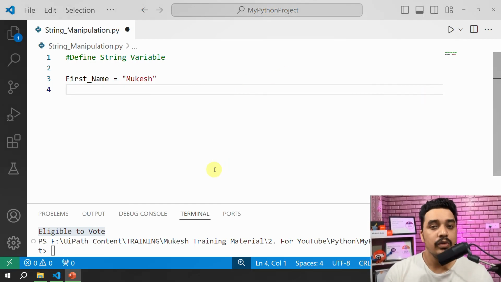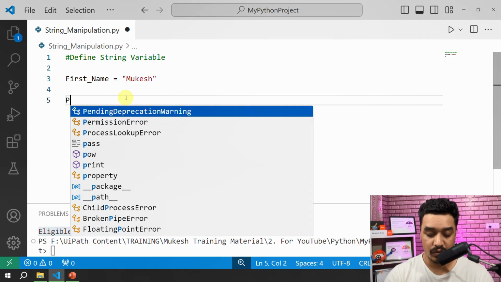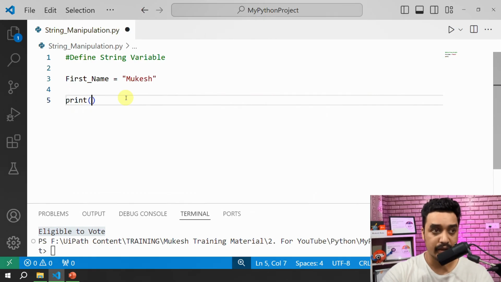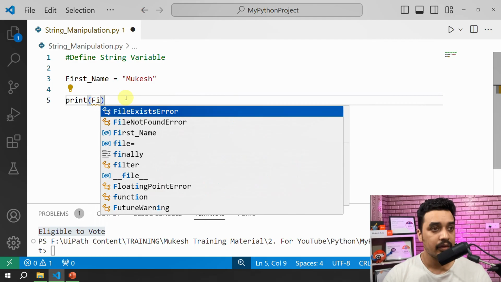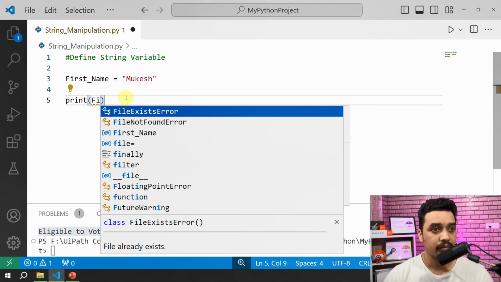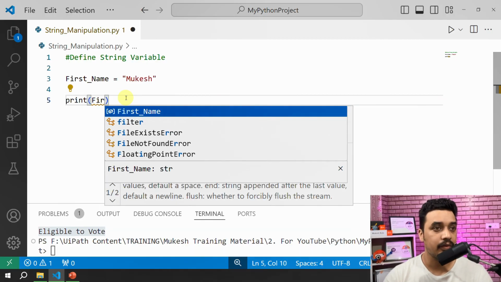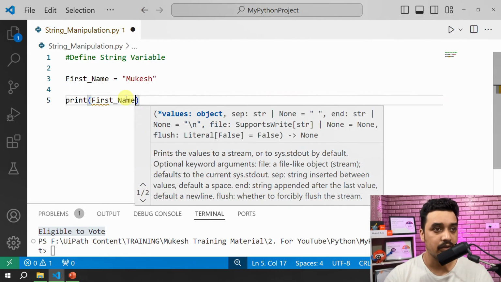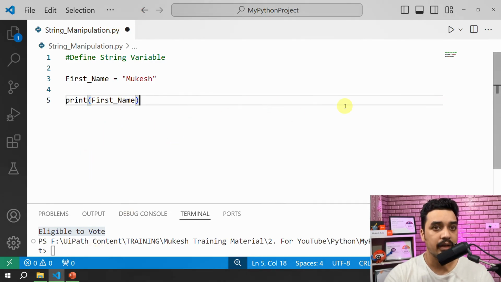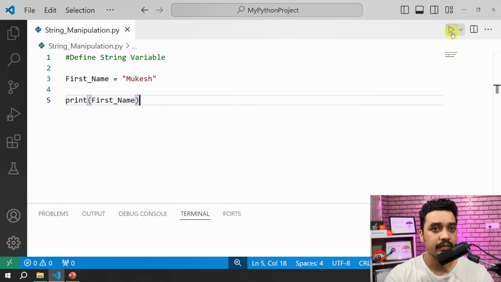So I told you guys that string is immutable. What do I mean by that? So for example, I have to print this value, right? So how do I do it? I hope now you guys understand. I go here and I say print, first underscore name. What happened to my intelligence? Okay, print first underscore name. I'll go and I'll run this, and in the terminal now I should get